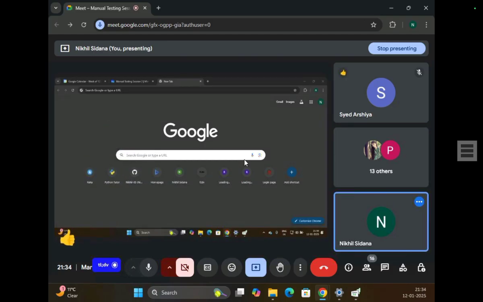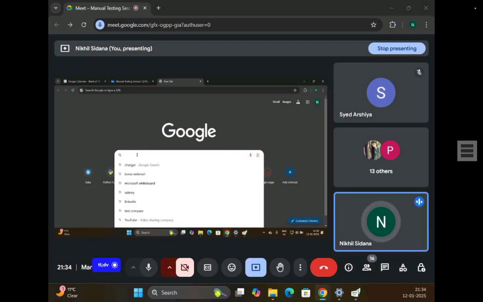Okay, guys, so what is the complete flow of the search bar? I will type in here. What's the business flow? What will be the flow for the end user? Suppose I am the user of Google. The flow for me will be: I will come to google.com and type in something here and press enter, and this will redirect me to a result page, right? Give me a thumbs up if you understood this.